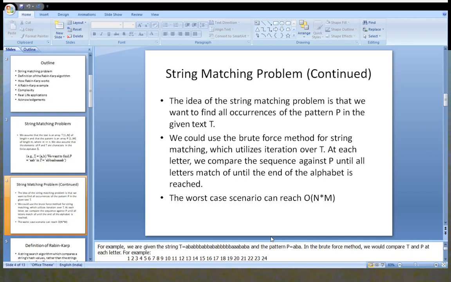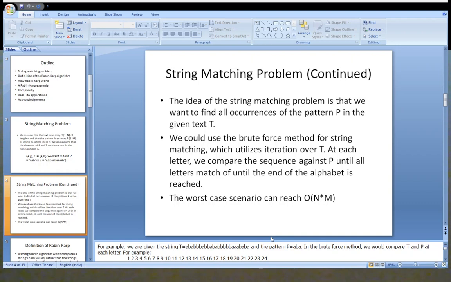This technique, where you shift the given pattern by one position, is very simple, but the problem is that it is a very inefficient approach. If the text string is small, then it's okay. But if the text string is of very high length, then it would be very time consuming to shift the given pattern one by one. So to improve the efficiency of the brute force attack, we have designed the Rabin-Karp algorithm.